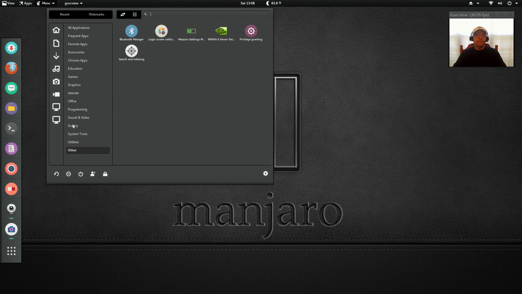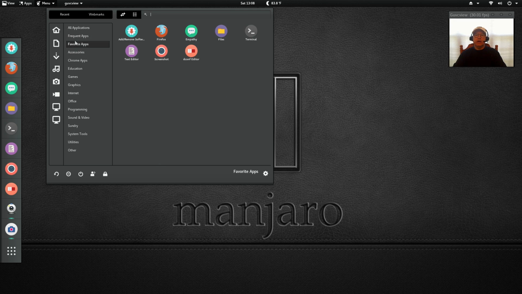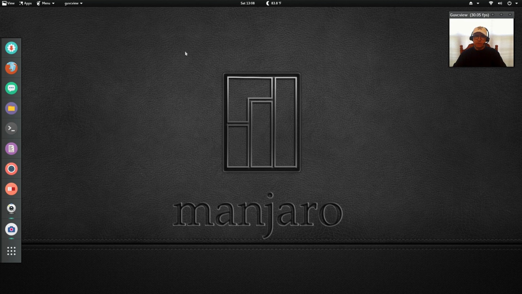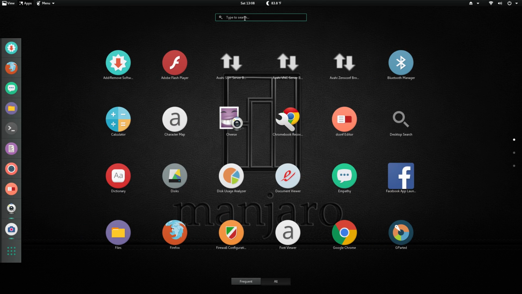I like the way they've designed this. This is actually very, very nice. I don't have any issues at all with it. Normally, I'm not a big GNOME fan. However, this is pretty nice. I have not added any extensions. I've left everything the way it is out of the box. However, of course, if you want to install extensions, you just go to the tweak tool